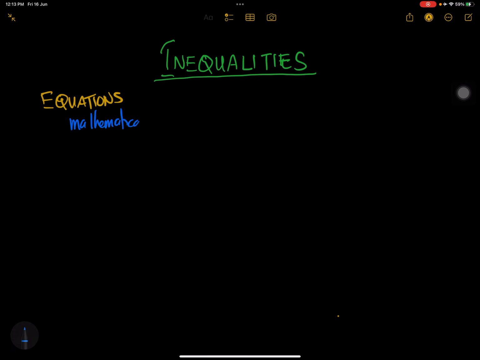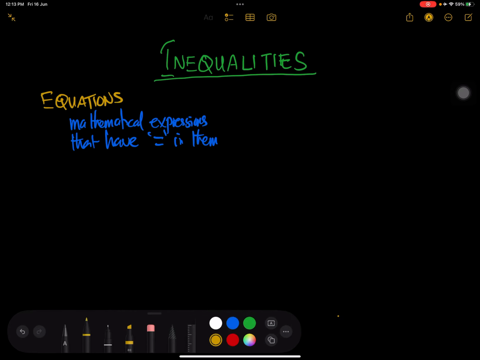They are mathematical expressions that have the equal to sign in them. All right. But however, on the flip side,